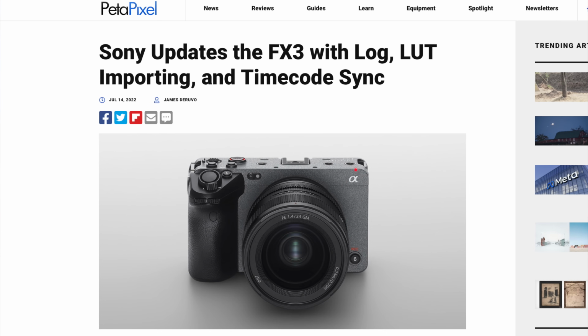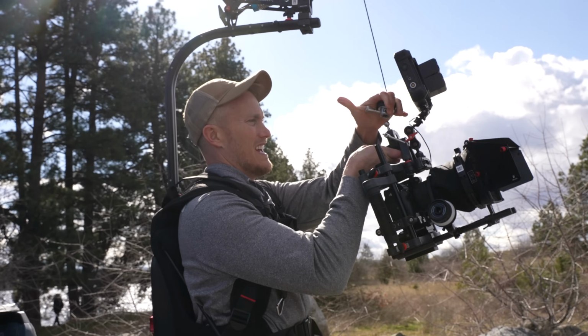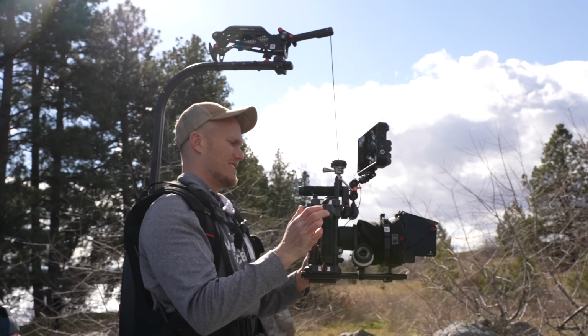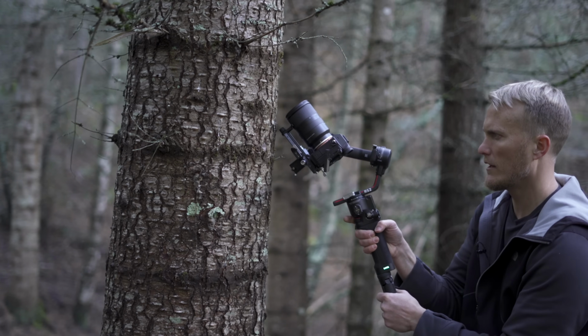I'll be the first to admit I was pretty disappointed when Sony released their firmware update for the Sony FX3, which included log shooting modes like Cine EI, LUT import, and timecode sync, which now makes the FX3 and FX30 a lot different than the A7S III. In one swoop, they separated both cameras and now the argument is settled. But I do still hope for some of those upgrades on the A7S III. But now all of those things that you can find on the Netflix-approved FX3,